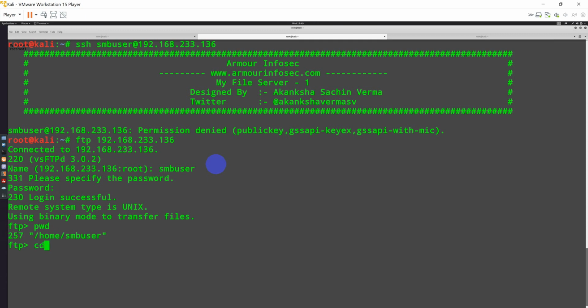This is the directory. Then cd ./.ssh. I think I didn't cd into .ssh after creating the directory, right? Now changed successfully. Now let's keep our file here, because I was keeping it outside the directory. Maybe that could be the reason.